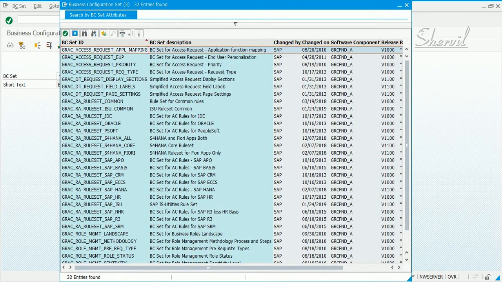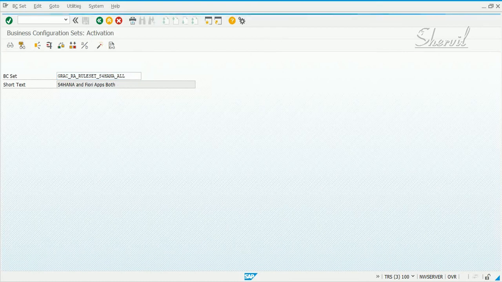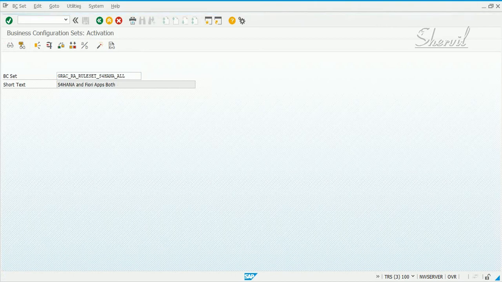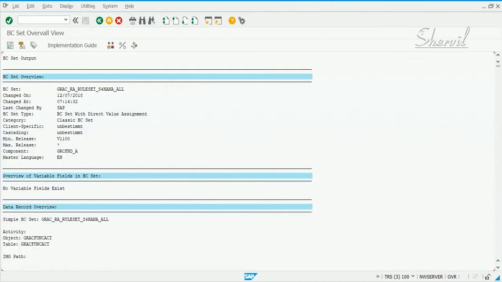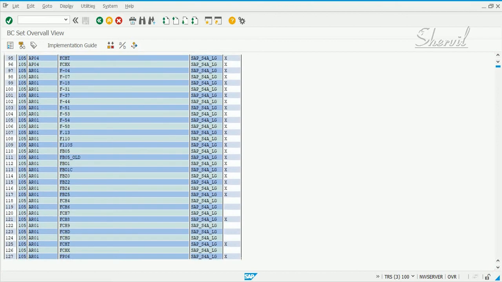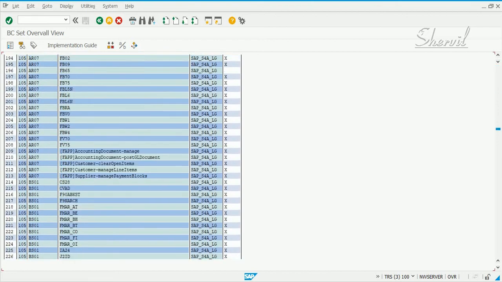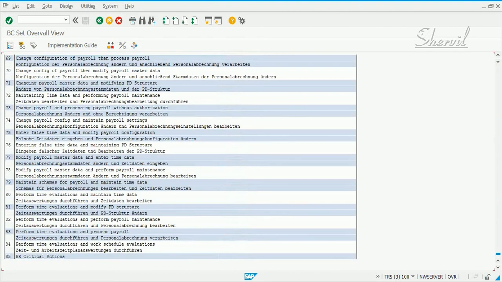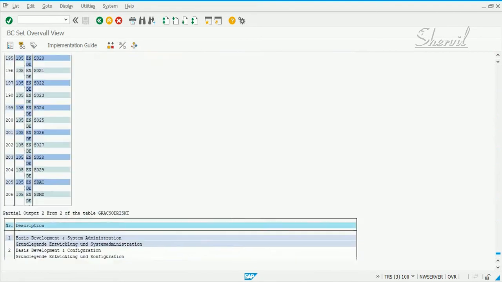Okay, so if you look at S4 HANA and Fiori both, S4 HANA app, and take a look at the log, okay, if you look at this, right, again, you see the connector ID and then the connector IDs, and this BC set brought in the rule sets, function IDs and risk IDs and all for SAP HANA, S4 HANA and Fiori. Okay, so if you look at, like we saw earlier,